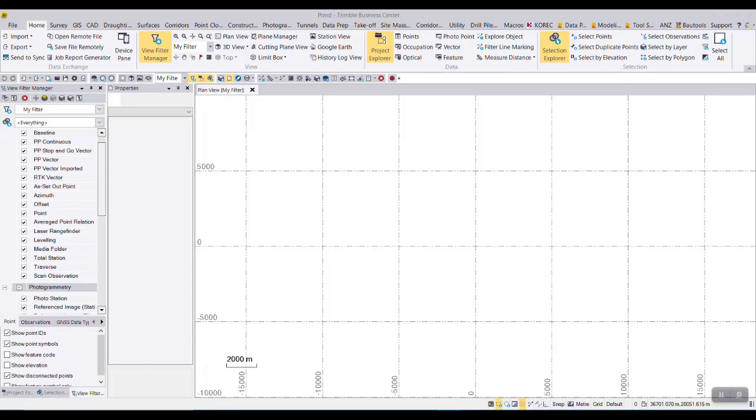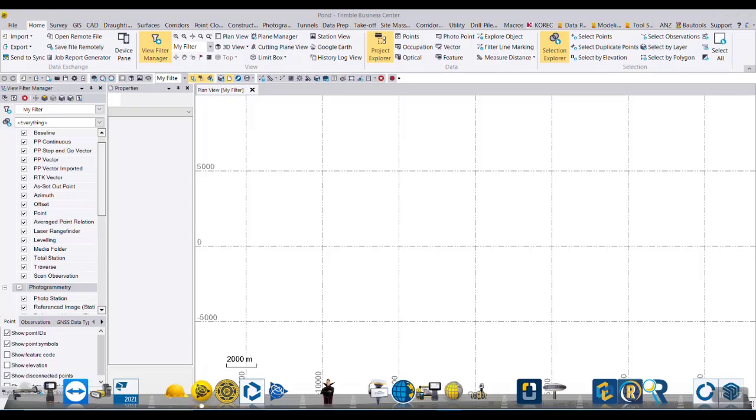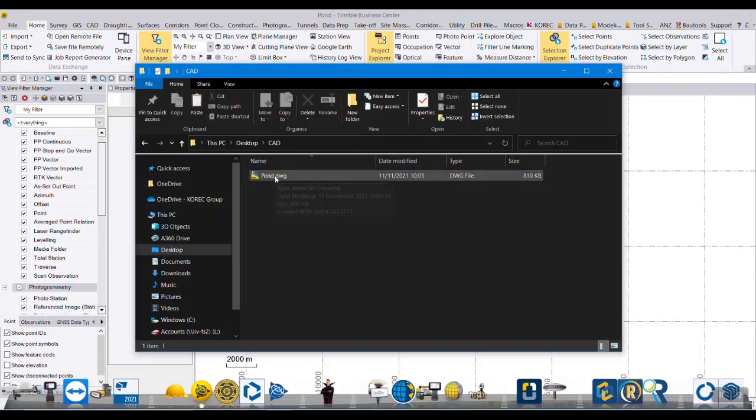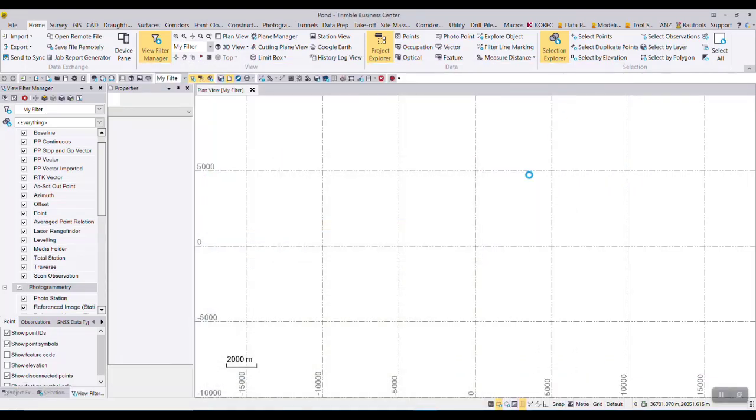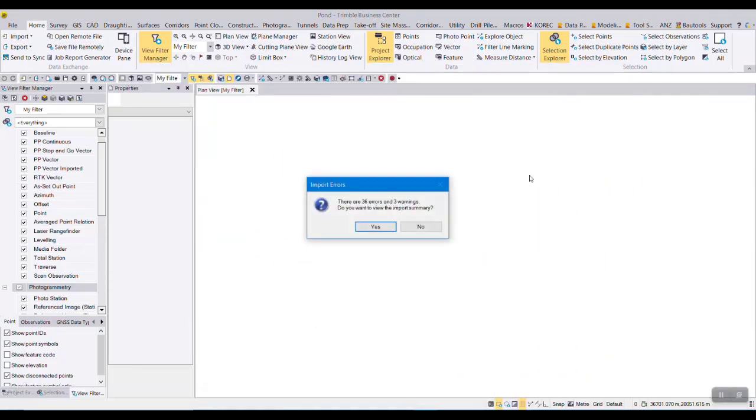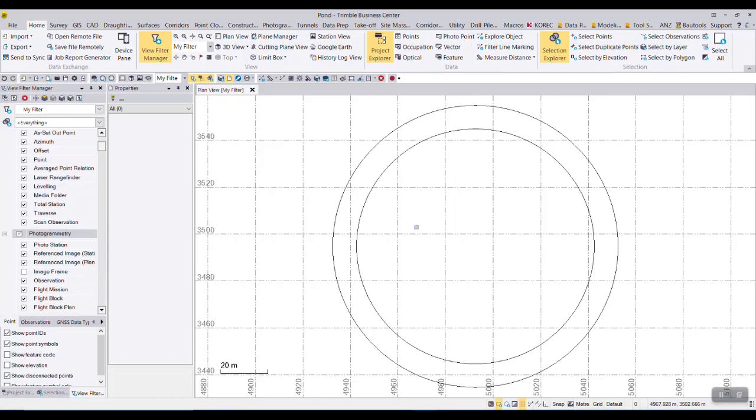Okay, so first off I've opened up just a blank template in TBC, just called it Pond. I have a CAD drawing that I haven't used yet, so I'm just going to load that into my display. It's just drag and drop, it loads up and it says there's errors and 3 warnings, and asks if I want to see it, yes or no. I'll just go no, and there we have